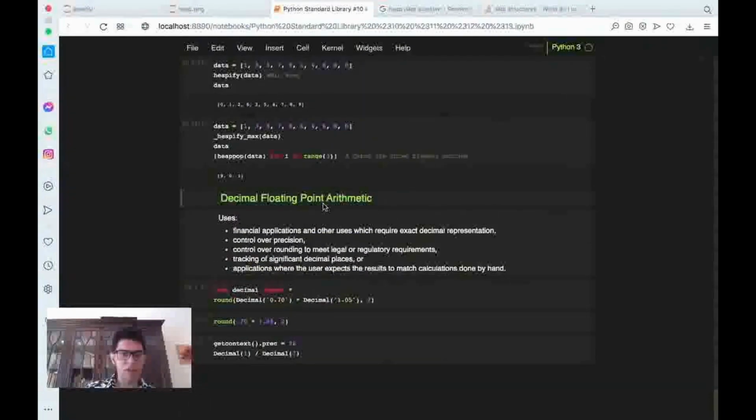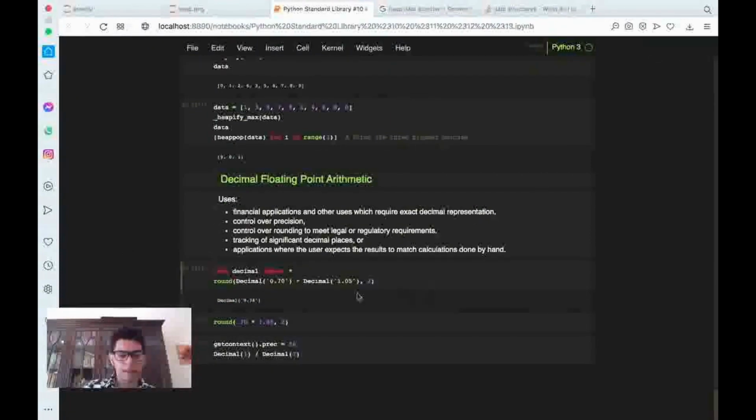The last point would be just the decimal floating point, and here we have more precision. These are the applications for financial applications, control over precision and everything. And you can see that the rounds are quite